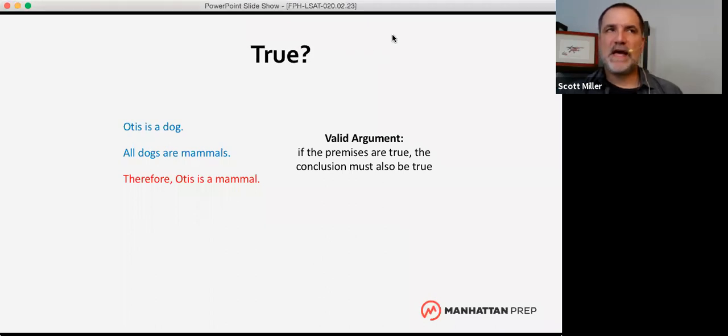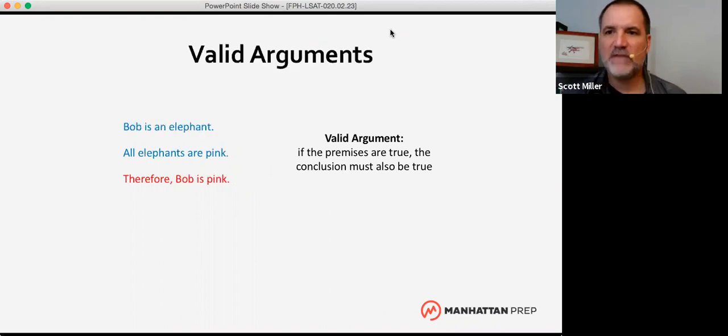So it's actually a good thing that we don't need to worry about real world truth of these arguments, right? Because they're going to give you a lot of information in the arguments that you see on the LSAT. And you may or may not know whether the facts that they're presenting are true. But again, you don't have to. You don't have to know that they're true. And just to give you another example of this,